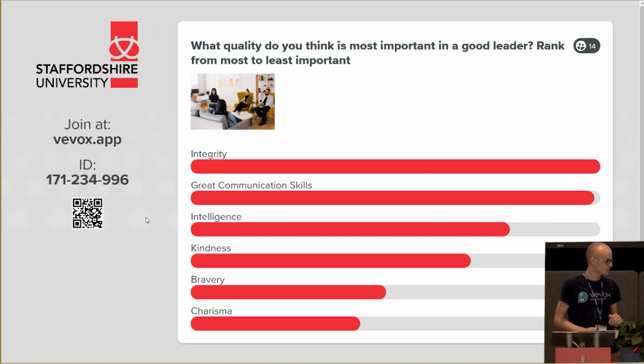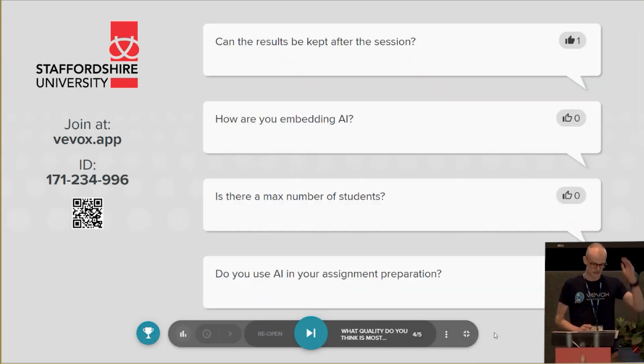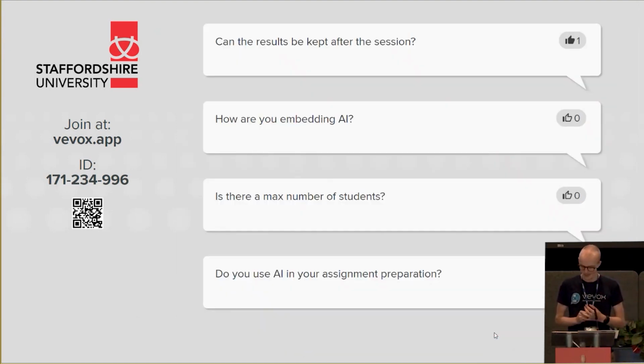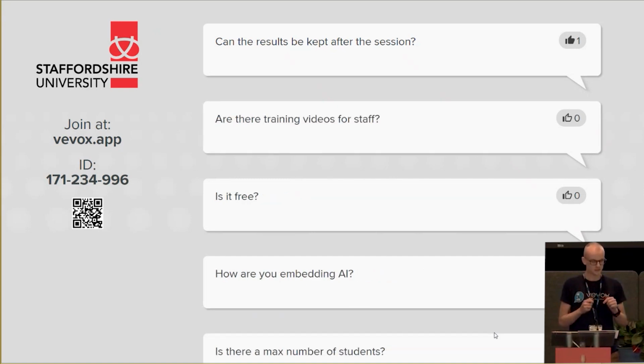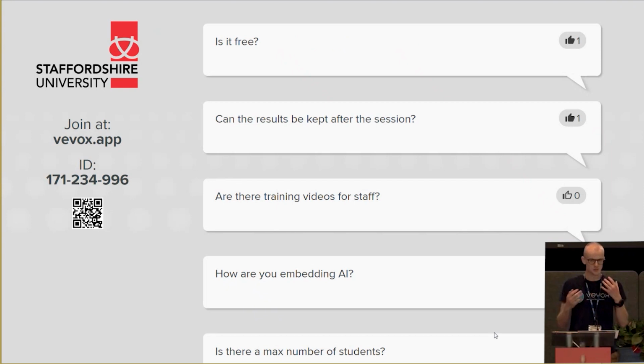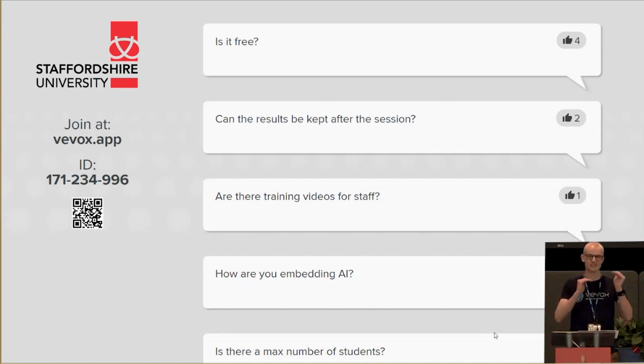And actually, sorry, on the computer, if you just wiggle the mouse and go all the way to that right button on the bottom, the two speech bubbles. There we go. This is our Q&A view. I'd also encourage you, as you're seeing the questions on your phone, go through and like the ones that you most want to know the answers to. This is also a good way of knowing which questions the students most need the answers to.